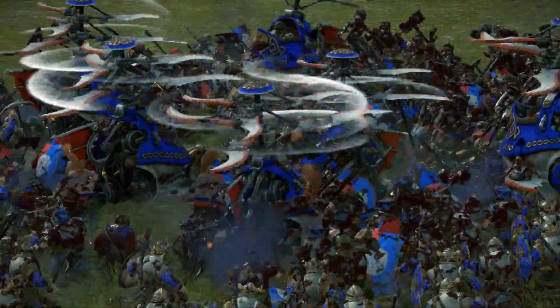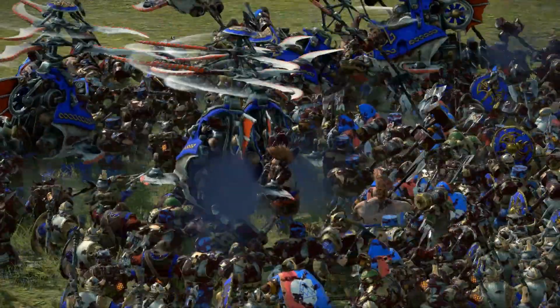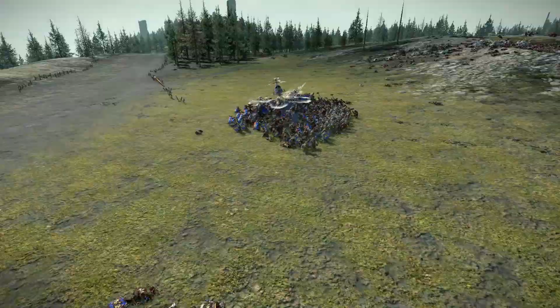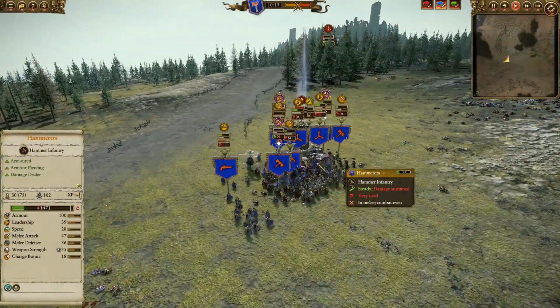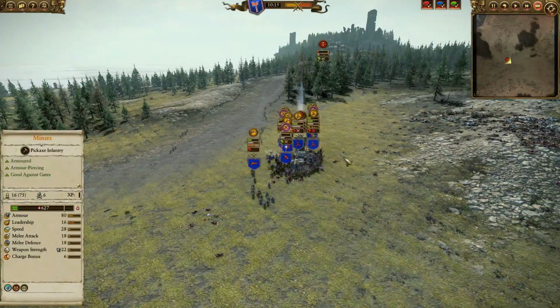But you can see we got Giant Slayers in there, we got Miners in there, we got Thunders in there, we got Hammers in there, we got Ulthor's Raiders in there. We got every form of Dowie troop right in the middle, looking to beat down Prince Sigvald. And I'm just going to fast forward a little bit,